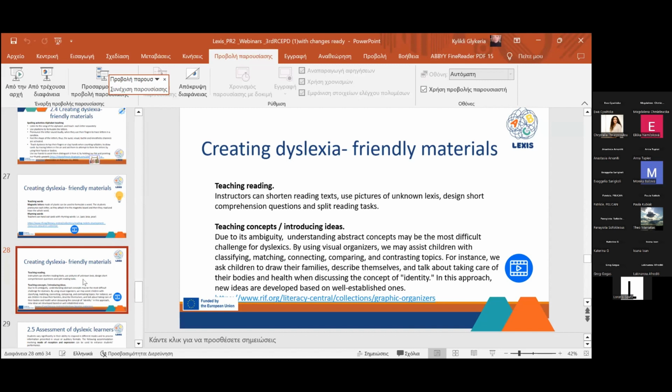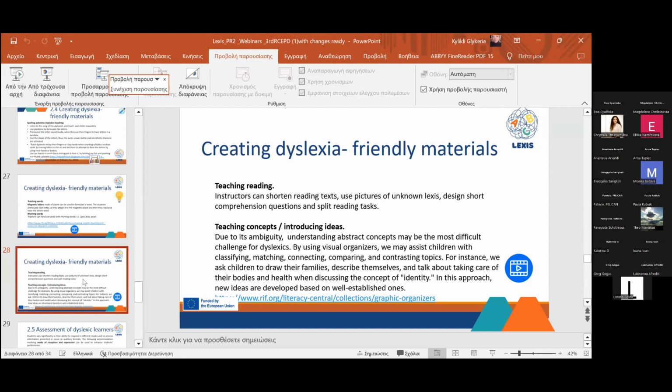By using visual organizers and mind mapping, we may assist children with classifying, matching, connecting, comparing, and contrasting topics. For instance, we ask children to draw their families, describe themselves, and talk about taking care of their bodies and health. When you get to discuss the notion of identity, I would use my ID card,